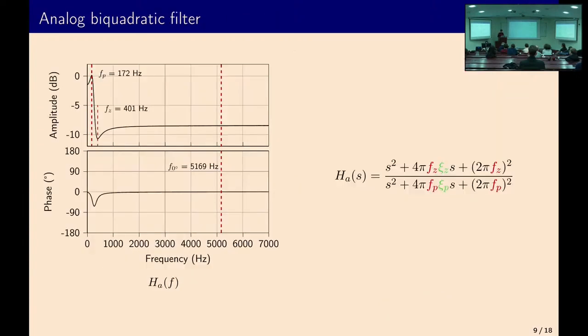So one option to do that is a biquad filter designed using 2 complex conjugate poles and 2 complex conjugate zeros. And you see on the right hand side that we focus on 2 parameters, the frequencies and the damping factors of the poles and zeros. So on the left hand side, you see that the filter is actually doing what we want, amplifying the low frequency band, but the phase response is equal to 0 outside of the frequency range of interest, 50 Hertz to 1 kilohertz. Okay, so this is great.